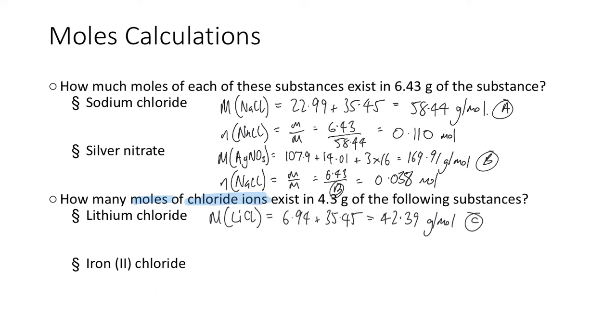Right, and then the number of moles of LiCl will be equal to the mass, which is 4.3 over C, which will be equal to 4.3 divided by C, 0.101 mole. Okay, however, this next one, the molar mass of iron 2 chloride. Iron 2 chloride would be this, 2 chlorines to match with the 2 ions there. Right? And so then we just do iron, which is